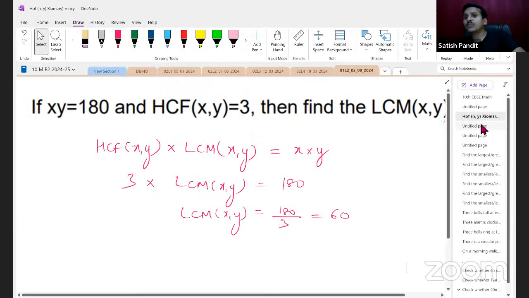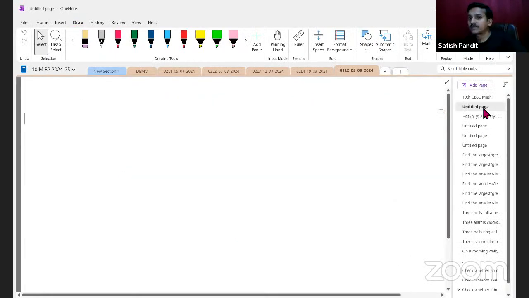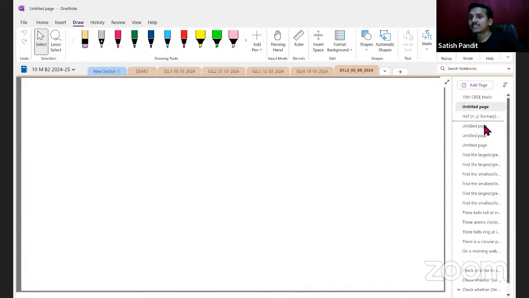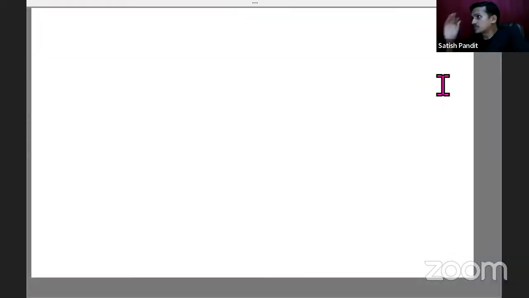Okay, before I give the next question, I'll teach you a small concept, okay? Now, suppose they have given two numbers in the prime factorized form. Actually, they'll give in variable form. So suppose I have two numbers x and y, okay? And x is equal to, for example,